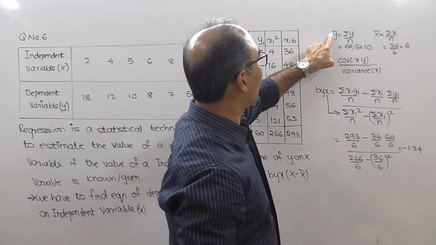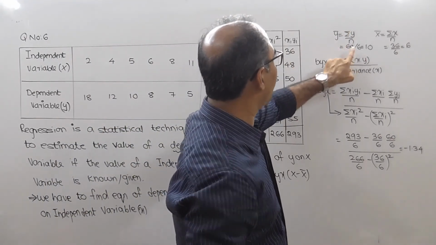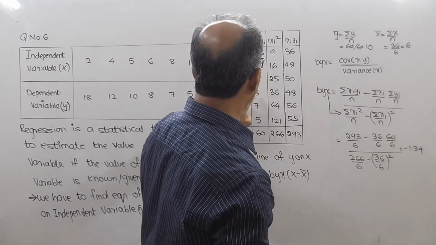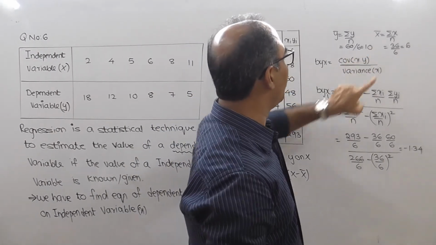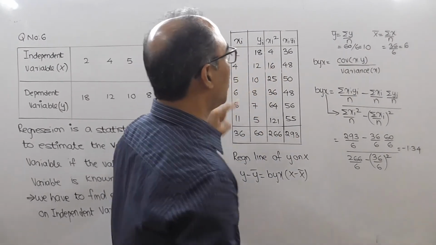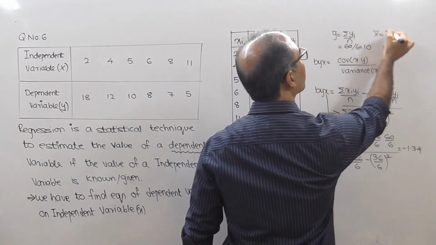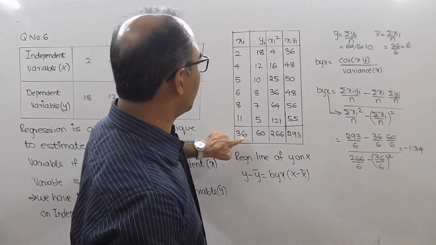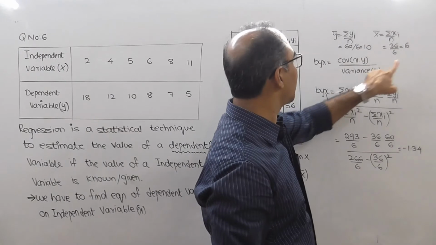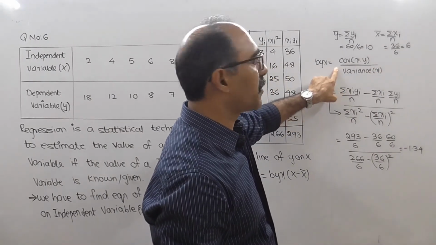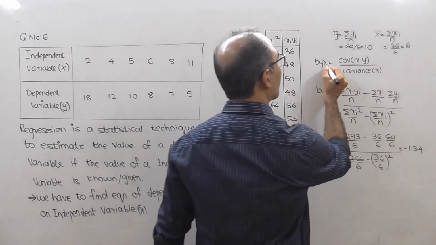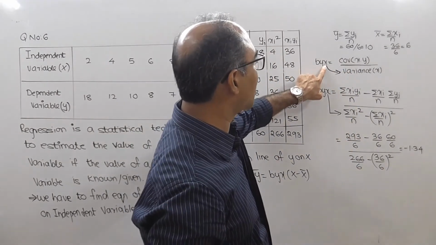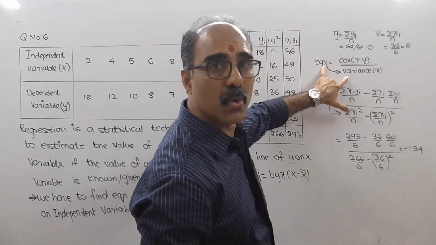So now I want y bar, which is equal to sigma y upon n. So it will be 60 upon 6, so 10 will be the answer. X bar will be equal to sigma xi upon n, that is equal to 36 upon 6, the answer is 6. Byx equals covariance of xy upon variance of x, because x is in the denominator and x is the last alphabet, so automatically these two will coincide.